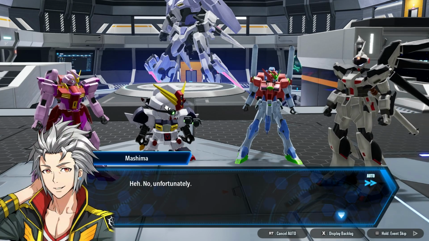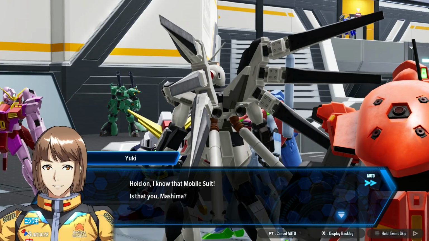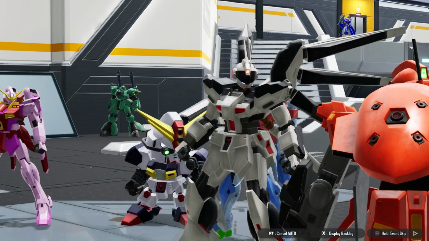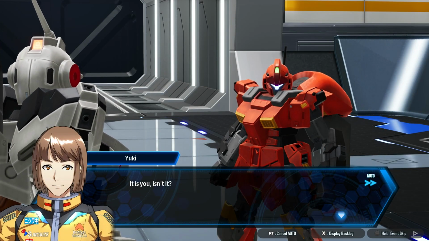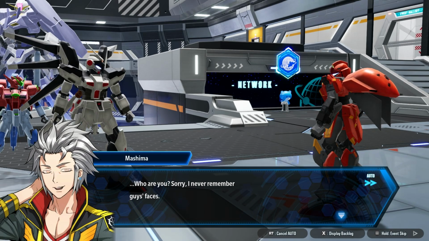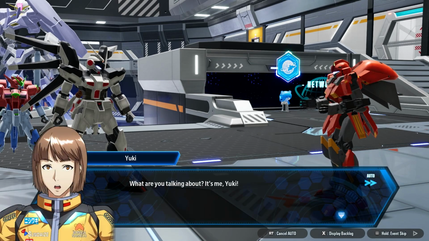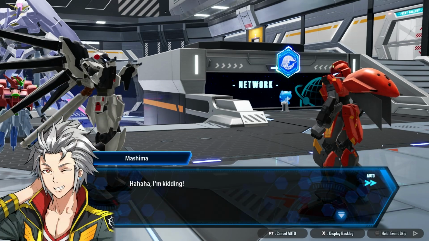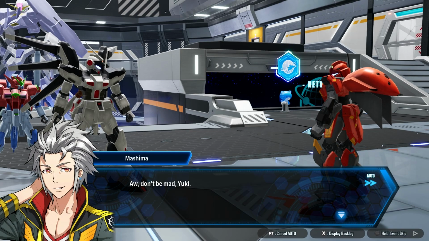や、残念ながらそういうわけじゃ。 He used to be a member. その機体もしかして真島さんですか？真島さんですよね。誰だっけ？すまねえ。男の顔は覚えてられなくてよ。 Oh, did he take this guise after getting kicked out? 何言ってるんですか？僕です。勇気ですよ。冗談だよ冗談。そうムキになんなよ勇気。